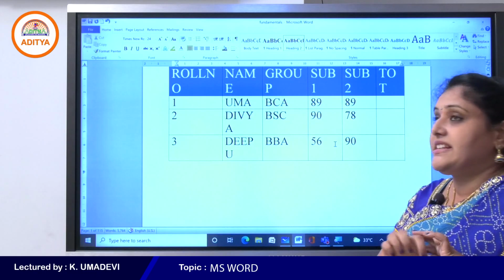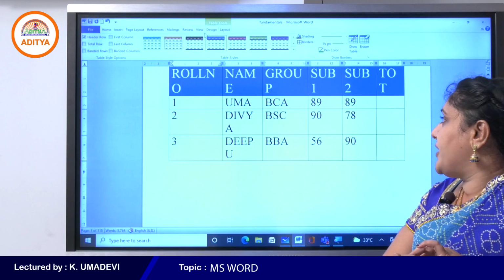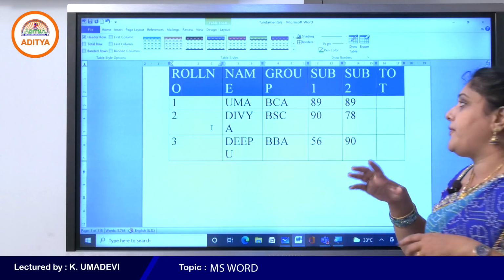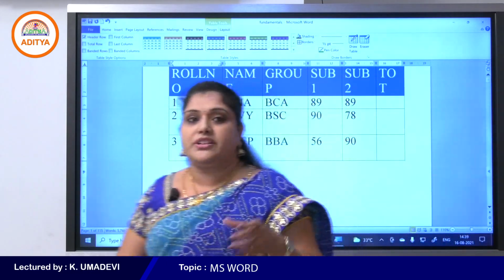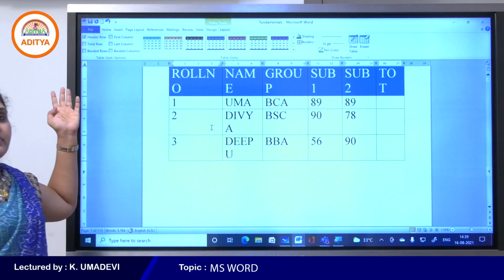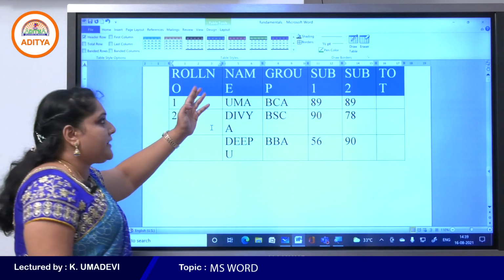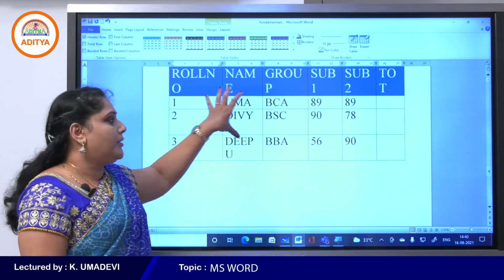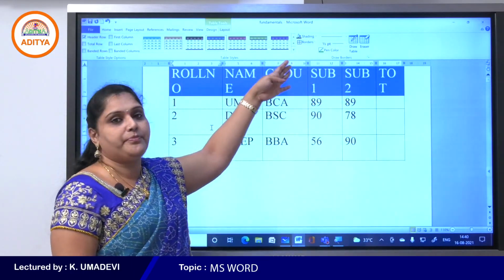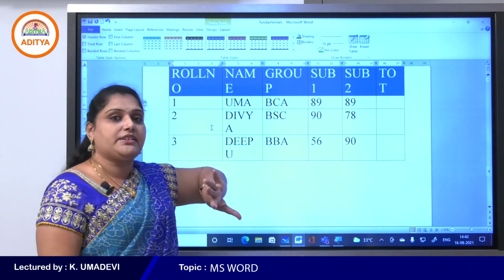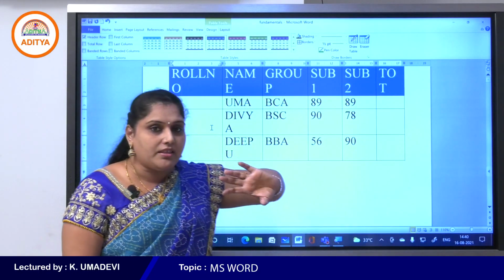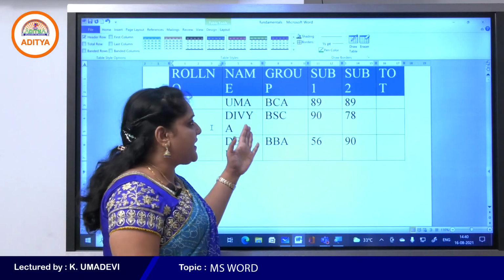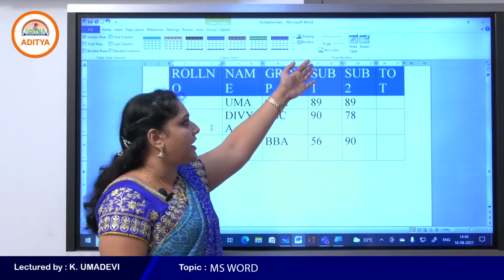So this is about the design tab. By using design tab we can apply different table styles and we can modify the table styles by using table style options, or we can apply the background color of the table by using shading command, and we can apply borders by using borders command, and we can simply draw another table, or else we can draw the different types of borders by using pen symbol for the existing table by using draw table command.